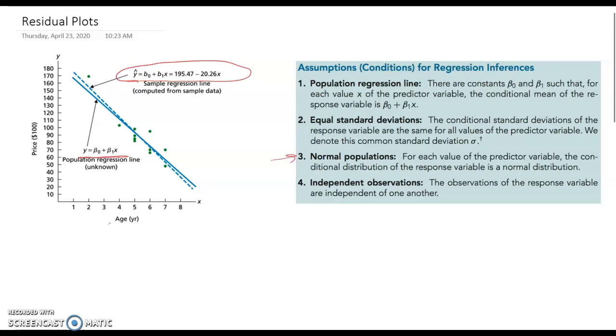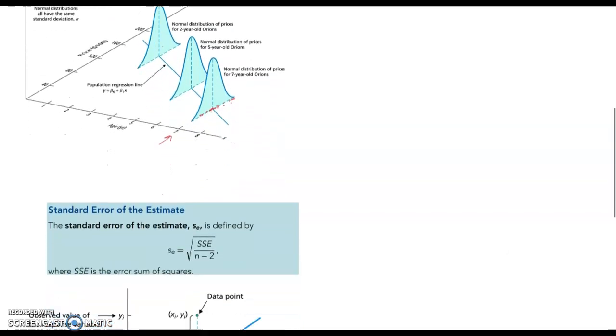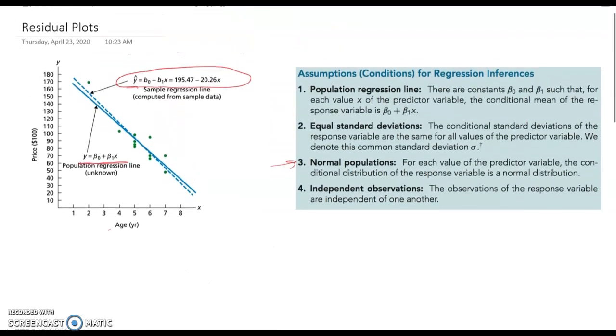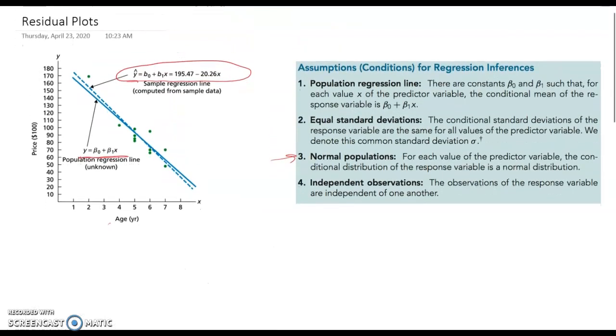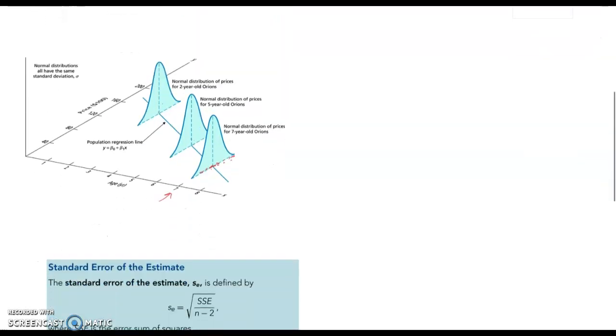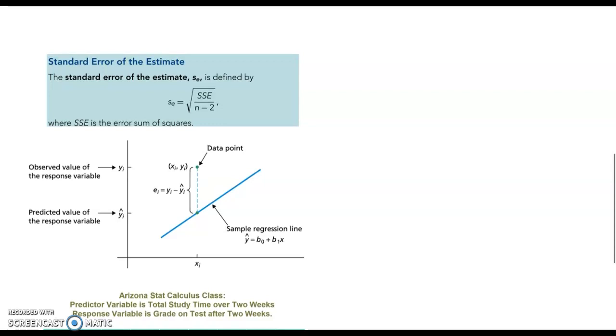So these are the main assumptions that we need to have checked before we can go ahead and feel confident that our equation is good for making predictions. To check these assumptions, we're going to do something called a residual plot. So before we do a residual plot, I want to introduce one new variable called the standard error of the estimate. So the standard error of the estimate, if you recall,